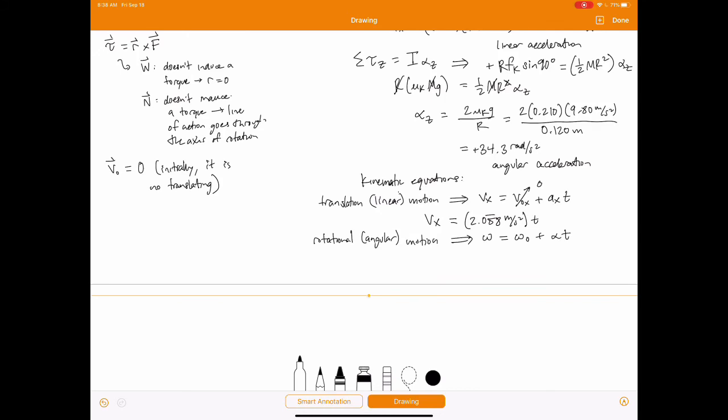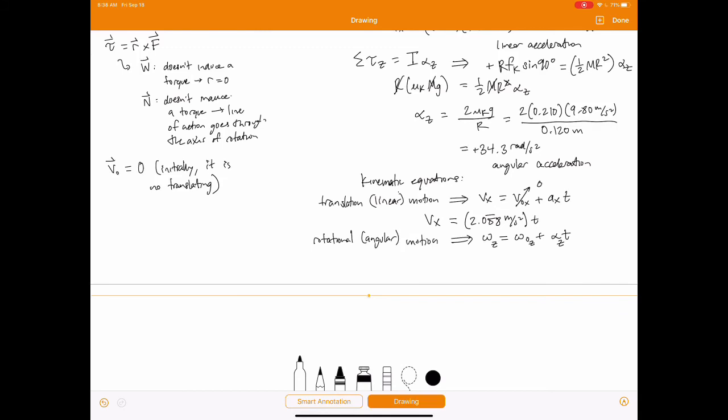But I'm going to put a little z subscript on everything because we're rotating about the z-axis in this problem. So omega z is equal to omega naught z plus alpha z times t. So what can we say about all of these variables? Well, we solved for alpha,